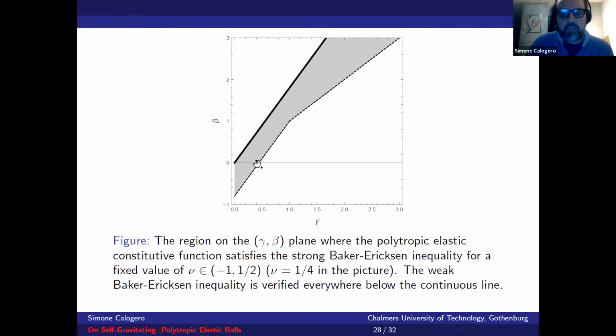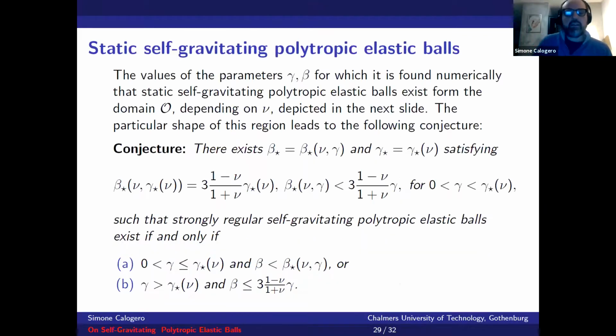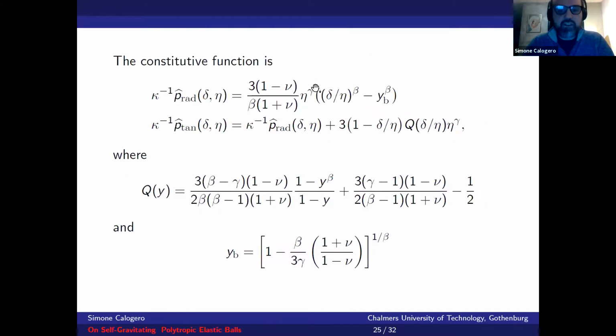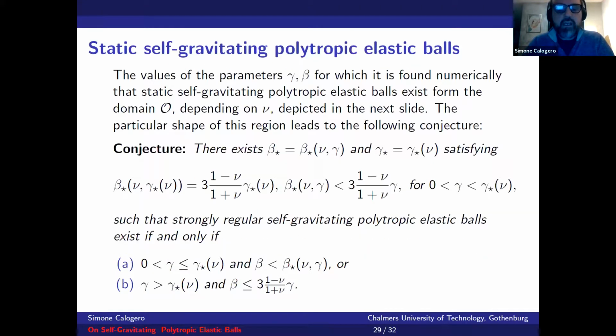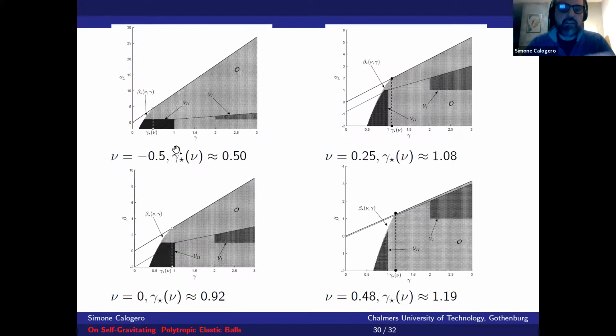And so let me show you now some results on static state balls. What I'm going to show today is mostly just some very simple numerical results. If I can do it, then it must be very simple. So I'm looking for which parameters gamma and beta in my stored energy function, this one, static balls exist, so there is a finite radius solution of the equation. And so let me show first how this region looks. So the shaded region,